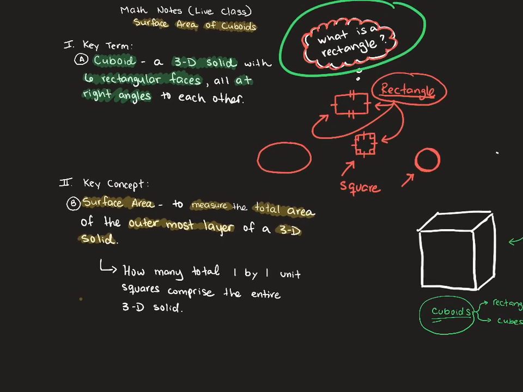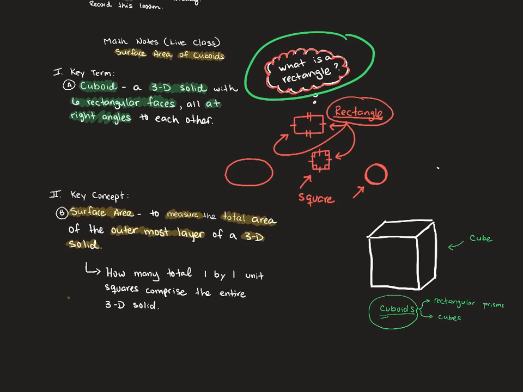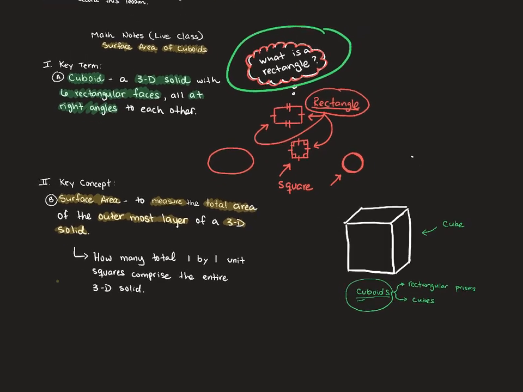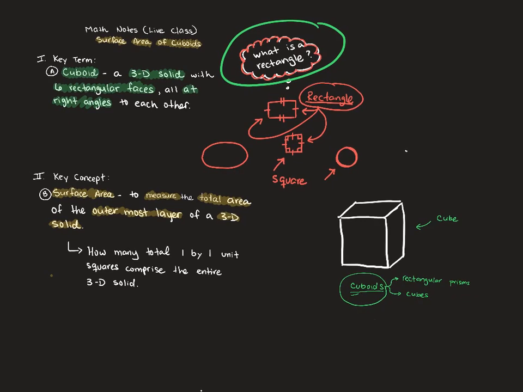Okay? I was explaining this during office hours, I think it might have been Thursday. And I said to somebody, look, do you all remember when we were doing volume, that it's like measuring everything that is inside of a 3D solid, like the full space, if you will, inside of a 3D solid like a cube? Well, surface area is the exact opposite. It's like measuring the layer of paint